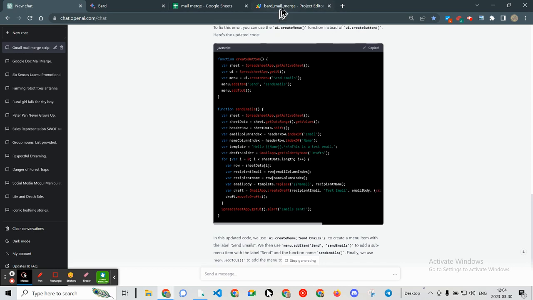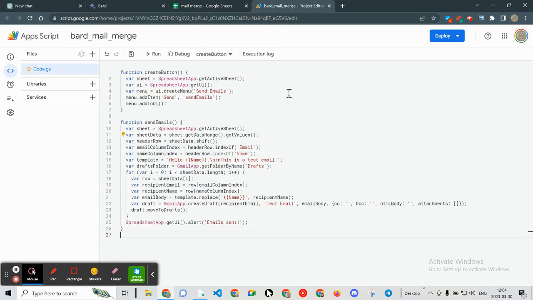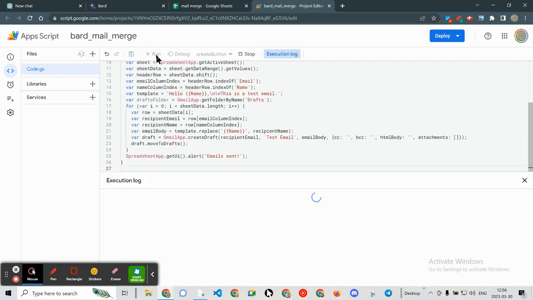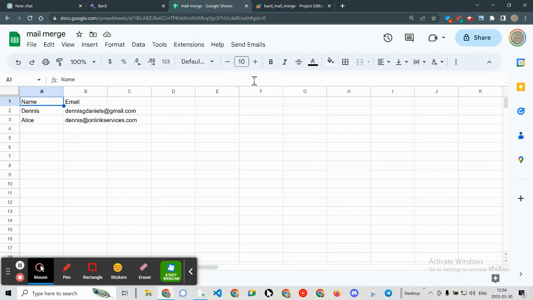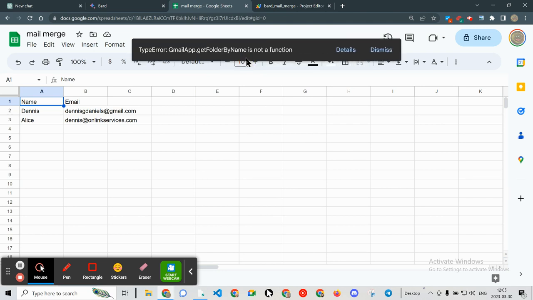Copy the code. Control V, save it. Run it. Okay, that's what we've got. Ooh, send emails is there now. Send. Get folder by. Okay, so